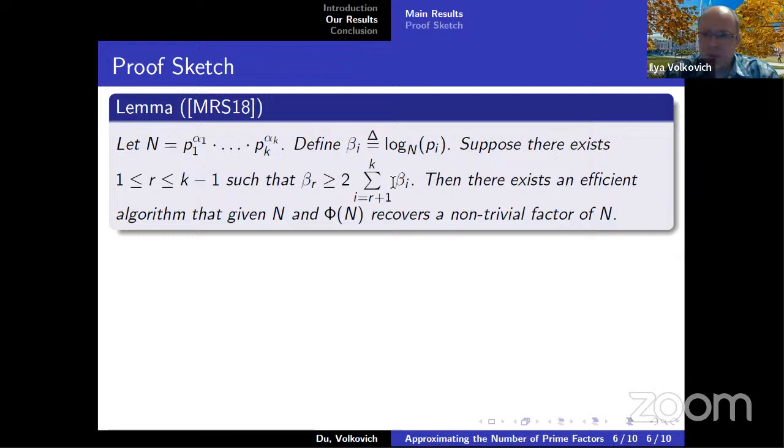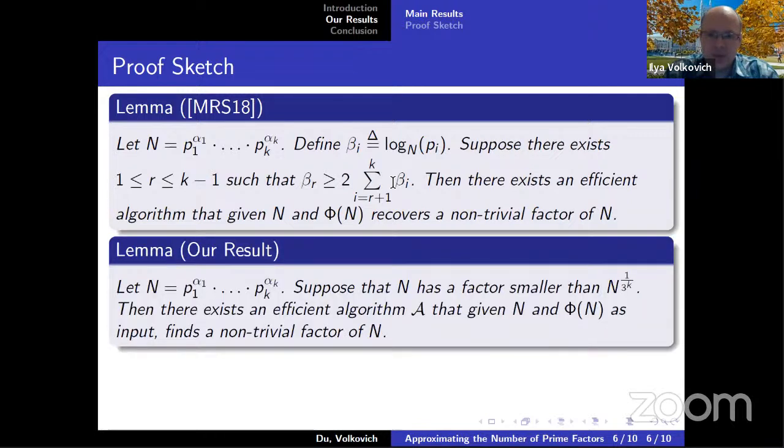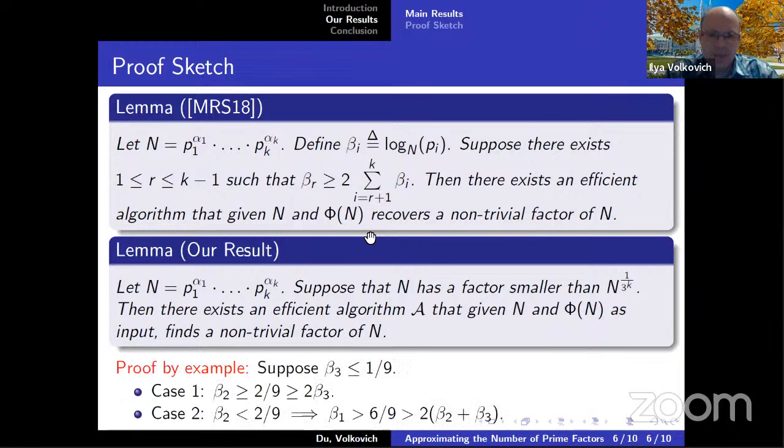What we do here, we observe that you can actually extend it to something else. So if your number n has a factor which is smaller than n to the 1 over k, even k being that, then you can actually extend this result to this case, because you can show that in this case, your beta would satisfy the largeness conditions. Okay. So if you want to see a more extended demo, I encourage you to watch the longer version. So let me just wrap up here by saying that